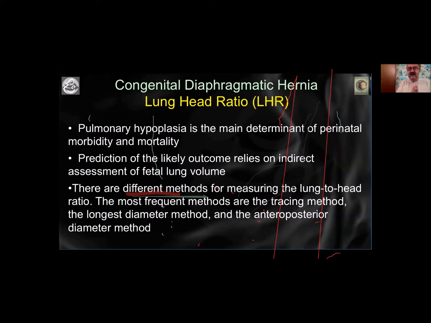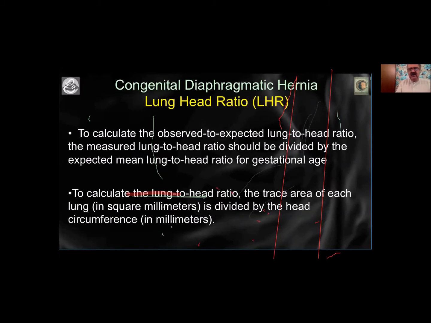And then when we see a hernia, then we calculate a prognostic feature called a lung head ratio, because although we have a long list of what can be a poor prognostic factor, what is really useful is the lung head ratio as an index of pulmonary hypoplasia. Also remember that the other poor prognostic feature, which is pulmonary hypertension, although we calculate the indices of the pulmonary artery flow velocity waveforms, may not be so easy and reproducible. So therefore we depend on the lung head ratio,